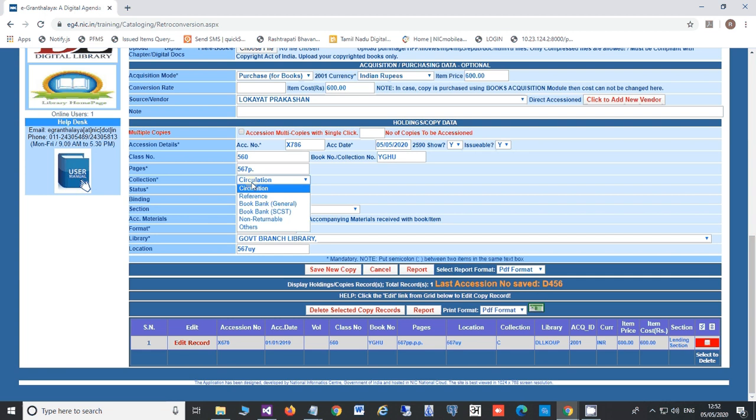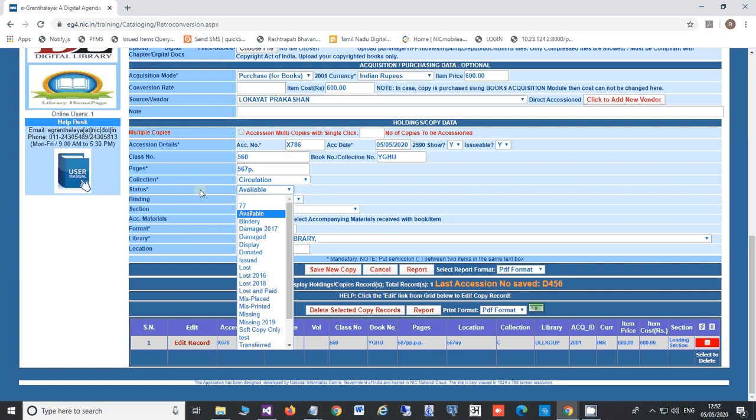Collection type, by default circulation is selected, but you can select whatever type of collection where you want to put this copy of the book. Status, by default it is already available, but you can select other status. Type of binding, section, in which section you are going to place the copy of this book.